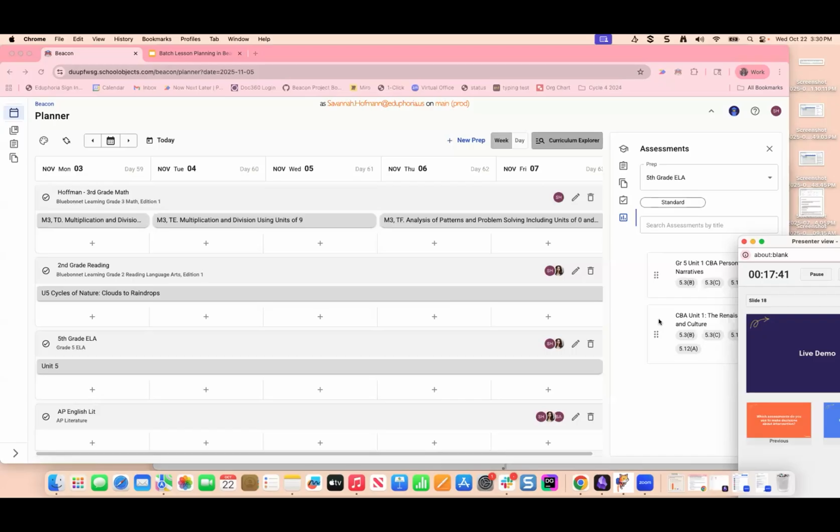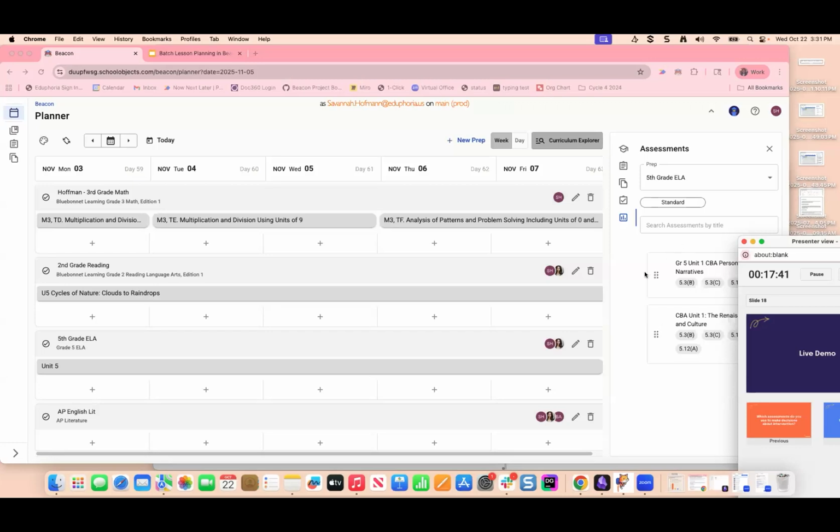You flip it from, I believe it's pending, to active. It has to be on for online test proctoring. Online test proctoring has to be enabled. And then you have to have roster sections connected to your Beacon Prep, and those roster sections have to be the ones that are connected to administration for that test. So, a mouthful, a lot to remember, but as long as all of those pieces are on and accurate, then